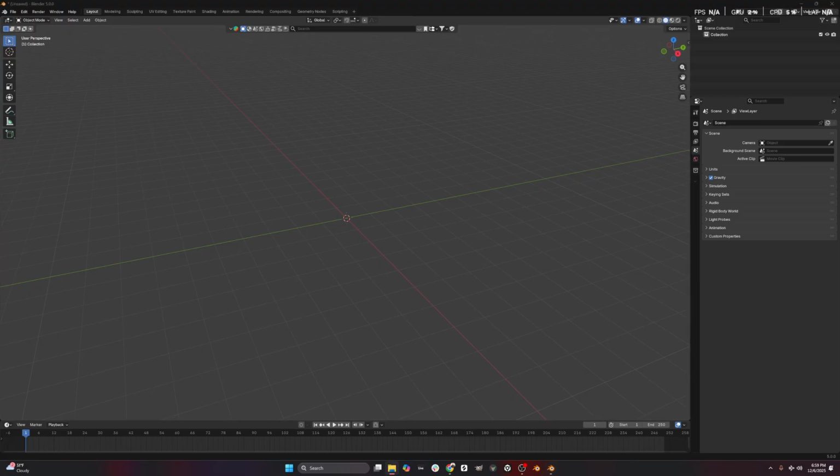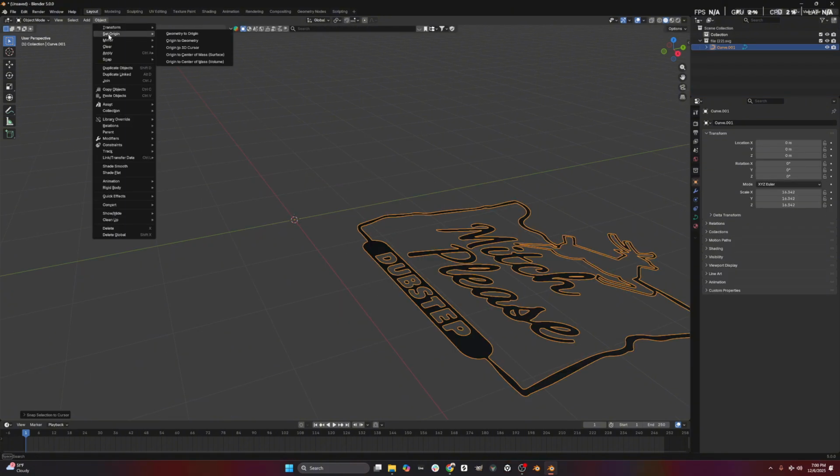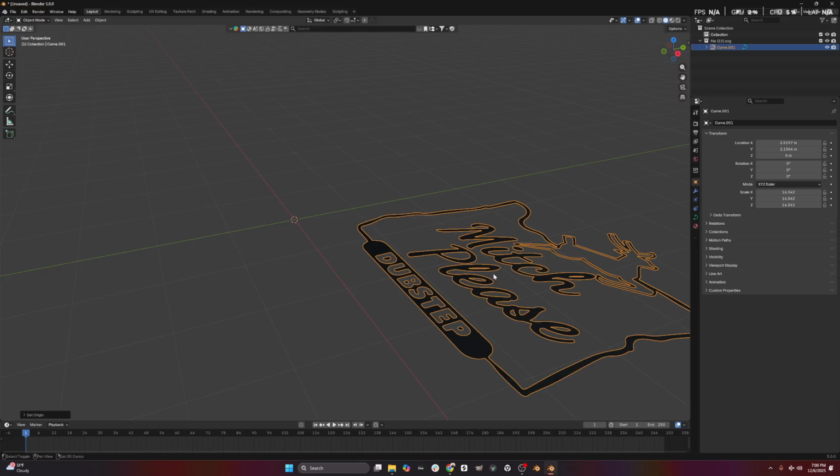up your download folder, bring it in, import as SVG, and it's really small right now, but you can highlight all of that since you deleted everything in the scene previously. You're gonna wanna go to Object, Set Origin, Origin to Center of Mass, and then Shift S, Selection to Cursor,